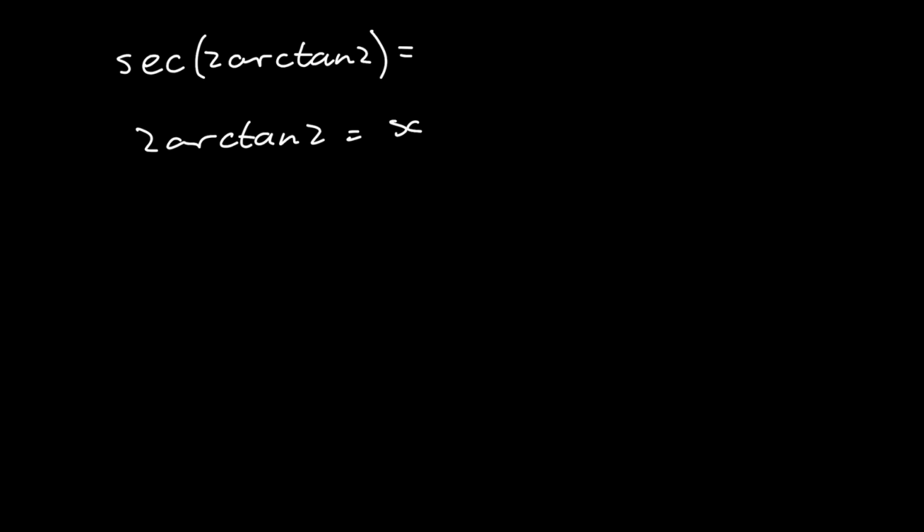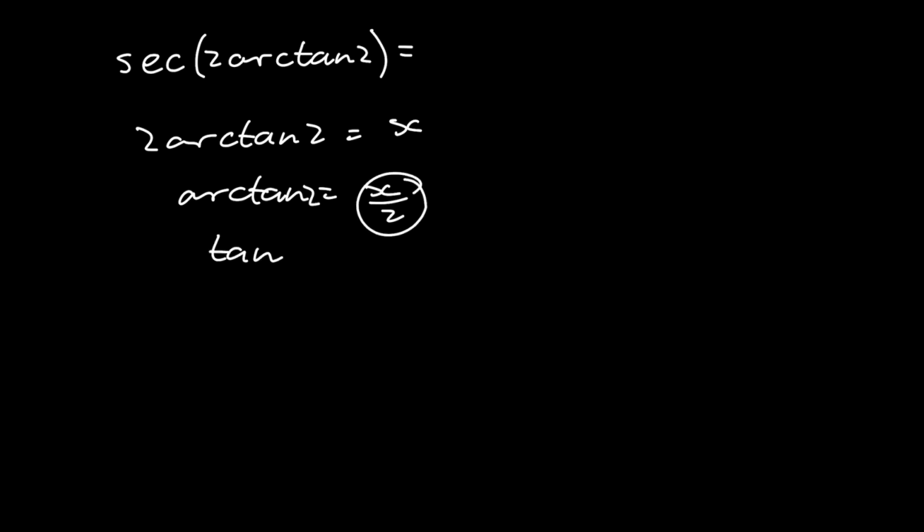And so now, if we're going to solve for tan, then what we have is arctan of 2 equal to x over 2 as an intermediate step, and then we can do tan of x over 2 is equal to 2. So now our new angle becomes x over 2. So we can actually go ahead and draw a